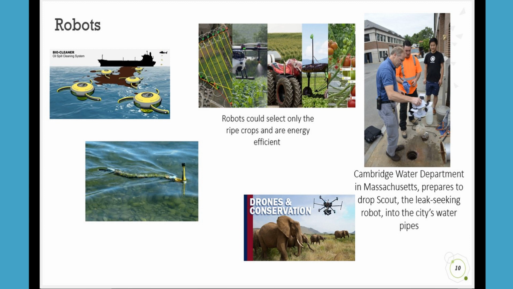The last example I wanted to show you is an experimental swimming robot which can detect and monitor pollutants in the water. In the GIF you see there, it is like a snake robot which can detect toxic bodies in the water and thus help in maintaining ecological balance.